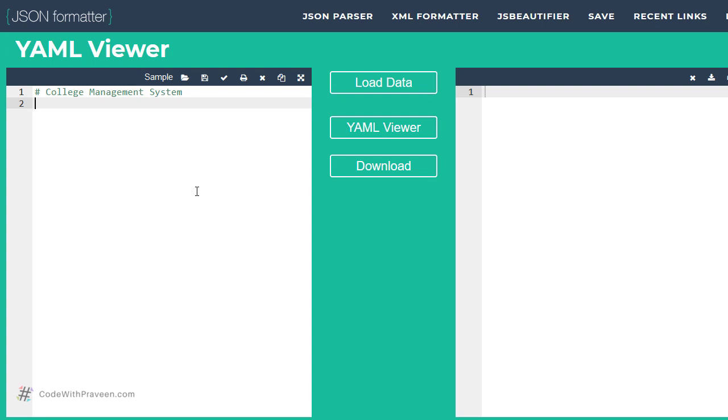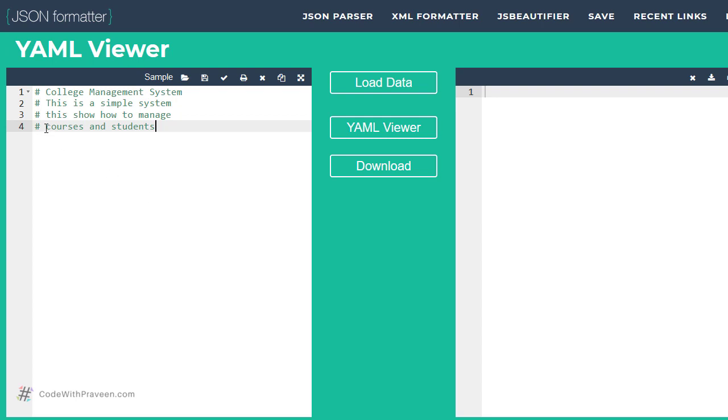Hence, if you are going to have a comment that spans multiple lines, you just repeat it using the same hash symbol. For example, this is a simple system. I am creating a multi-line comment using the same symbol, namely hash. Shows how to manage courses and students. So this is considered a multi-line comment and this is considered a single line comment. But when it comes to usage, there is no difference. Anything followed by the hash key is going to be ignored by the YAML processors.